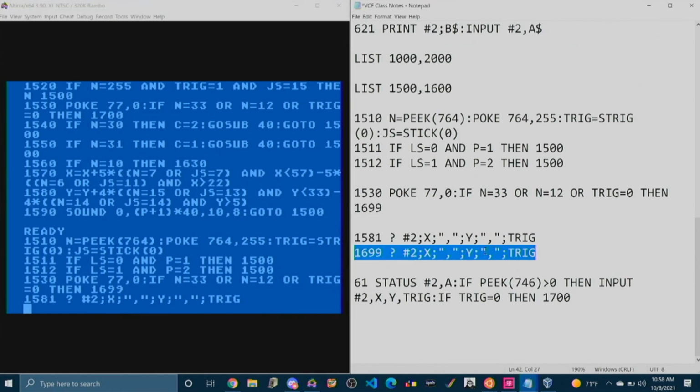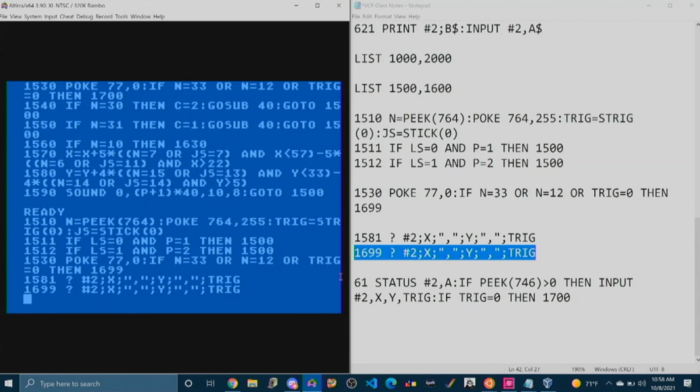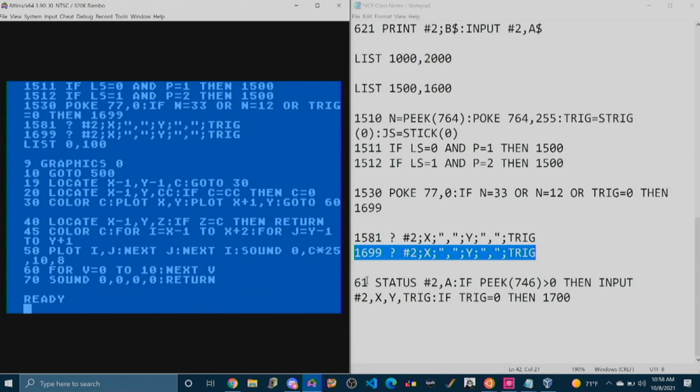For various different reasons, we need to do it not only when we move the cursor, but we also need to do it when the trigger is depressed. And finally, if we look at the top of the program, you have various subroutines for different things that we need. In our case, we actually need to add an additional bit of code